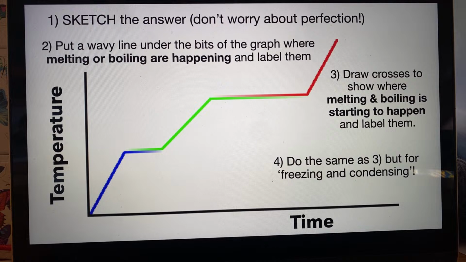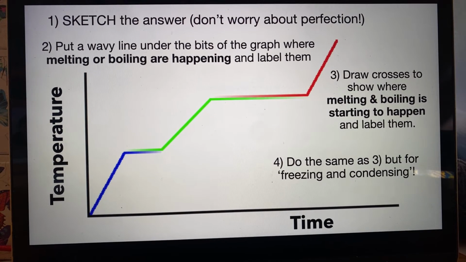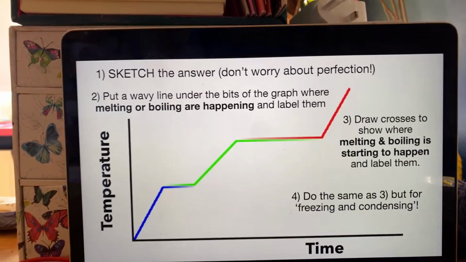So have you got clear in your head where the ice is, where it's melting, where the liquid is, where it's, careful, not evaporating, boiling, where it's boiling, and then where the gas is? Can we go through it? So the places where the melting or the boiling are happening, that means that the bonds between the particles are starting to break. So the energy is going into breaking the particles.